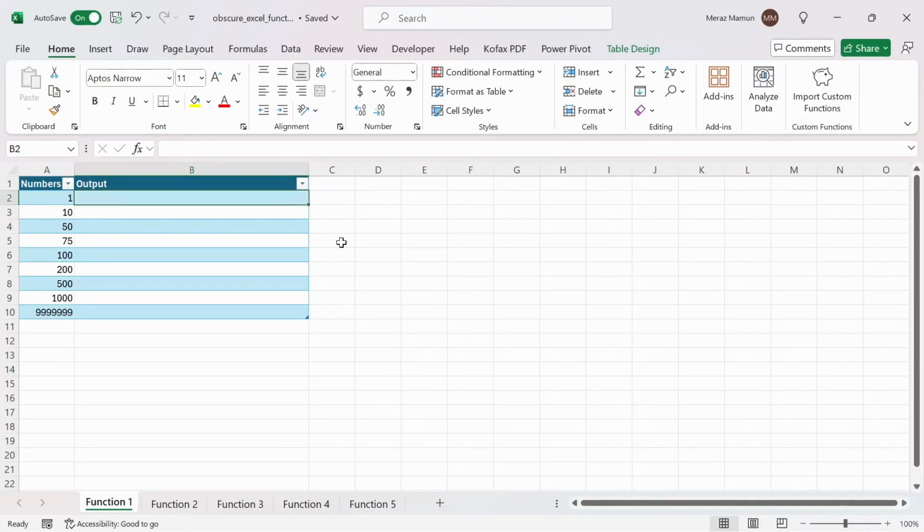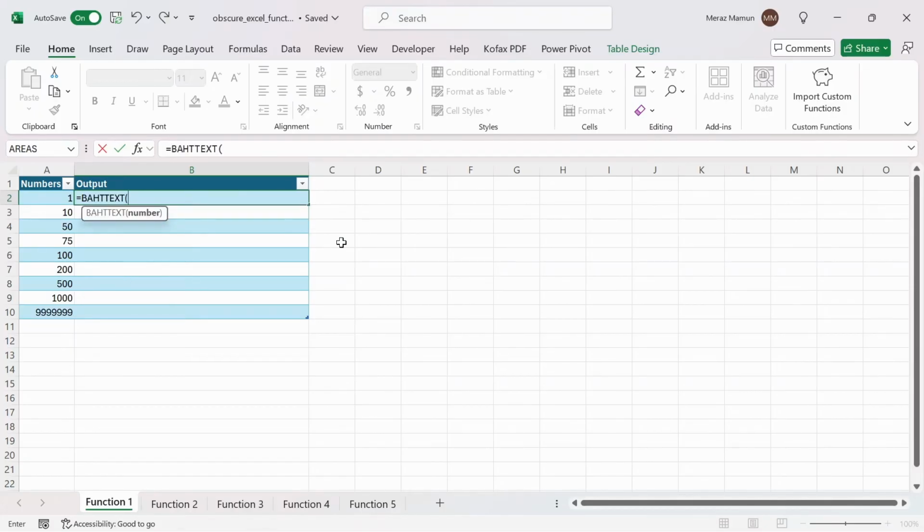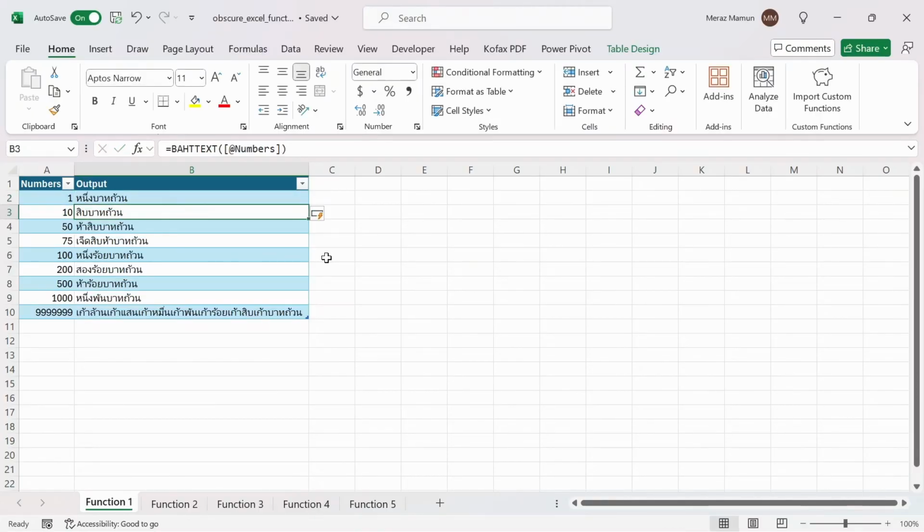I'm going to go to cell B2 here, and I'm going to type out equals B, and we have the botx function appearing as the first thing on the list. So if I do tab, we only require one argument here, which is the number that we're referencing, and I'm going to select this cell in this table. Since we have a table here, when I press enter, it's going to fill the function down to the last row automatically. So I'm going to press enter, and we get the Thai currency equivalent of these numbers here